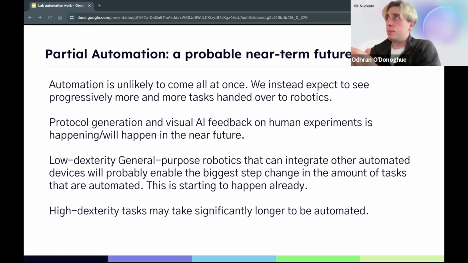Probably the next biggest low-hanging fruit is successful use of general purpose robotics to integrate different lab devices. These are the coarse-grained ones, things like your liquid handlers, your plate readers, maybe even your fridges if you're lucky. But things which don't require high dexterity movements, this is kind of the next step of automation, and hopefully we can move more and more things into this automated paradigm.